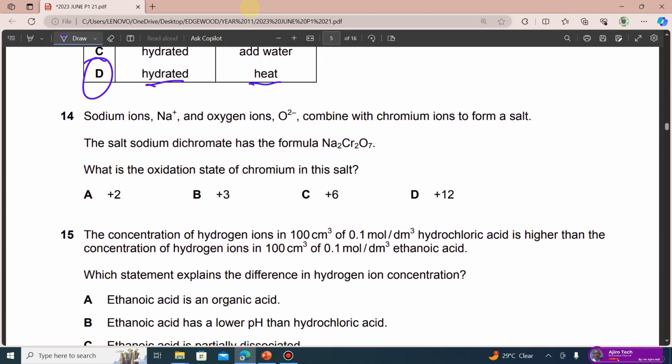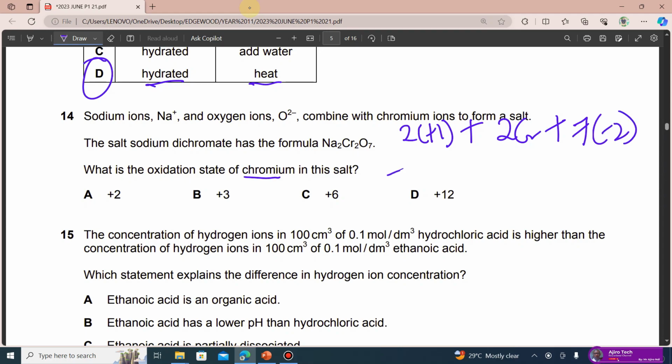Question 14. Sodium ions and oxygen ions combine with chromium ions to form a salt. The salt sodium dichromate has the formula this. What is the oxidation state of chromium in this salt? Now, sodium is in group 1, so it has +1. So 2 into bracket +1 plus the unknown, chromium, but there is a 2, so it becomes 2 chromiums, plus oxygen is always -2. So we compute this: 2 plus 2Cr, since it's a neutral compound, plus 7 times -2,